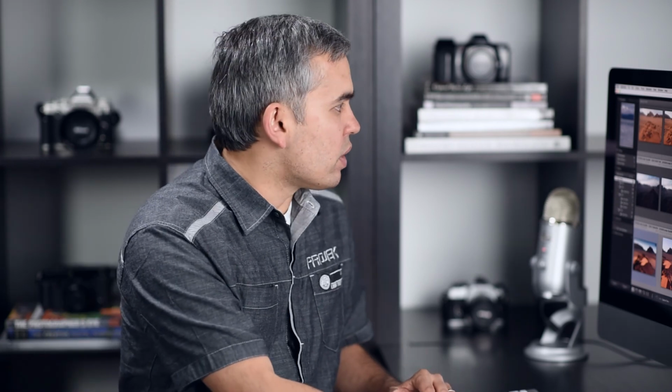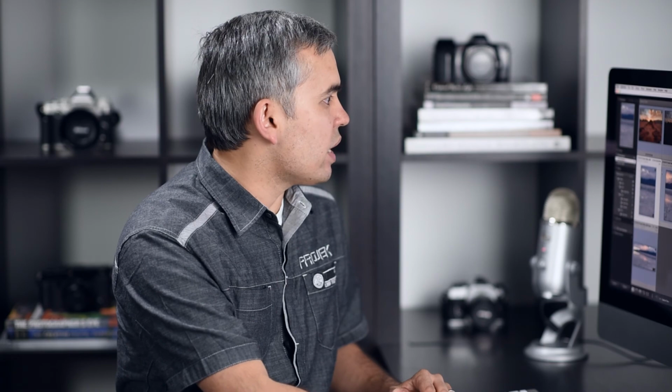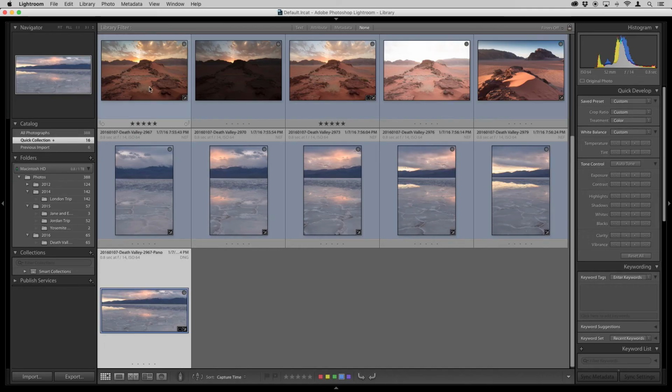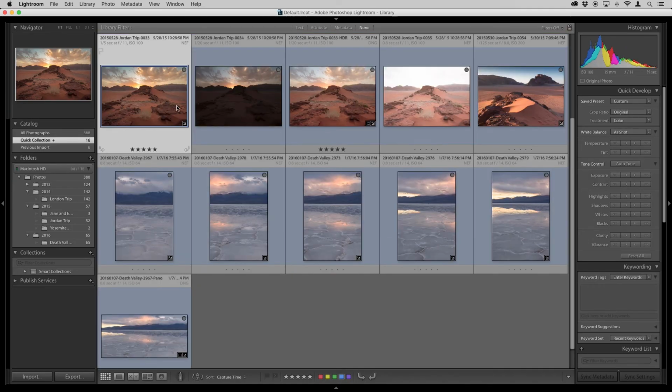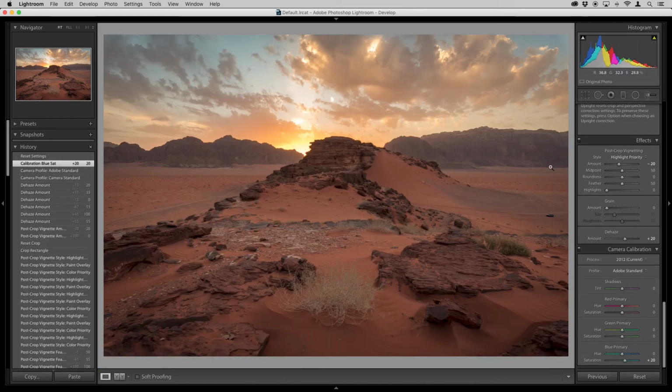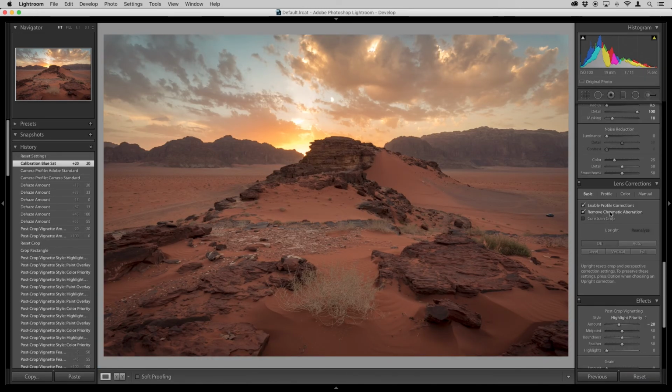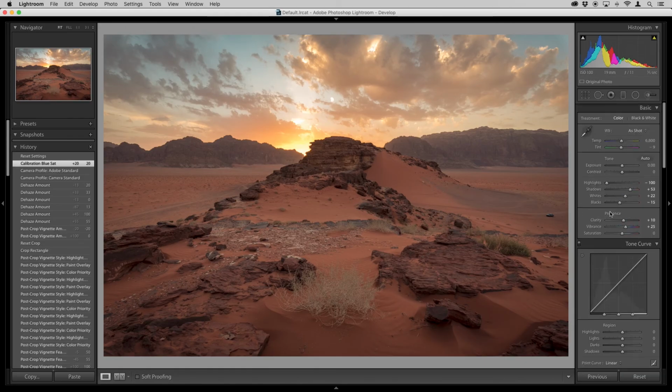Now, what I'm going to do is jump back to my quick collection because there are some images that we edited. So let's go ahead and pick this particular image because that's the one that we edited extensively earlier. And if I jump to the develop module, I can see that I've done all these different edits to the image. Now, what if I really liked the look of this image and I wanted to replicate this in the future? Maybe apply it to completely different images. What I could do is create a preset.